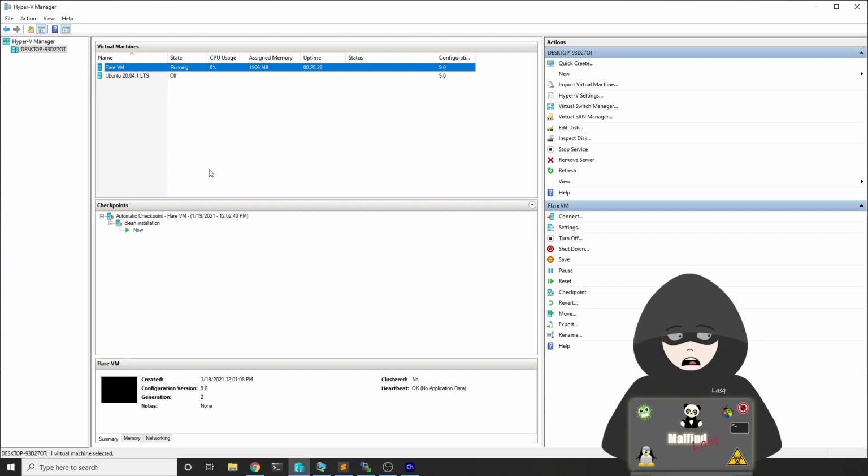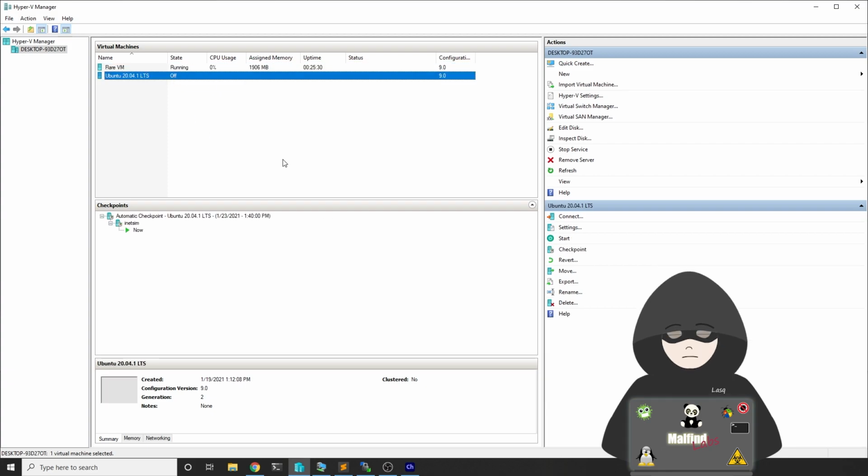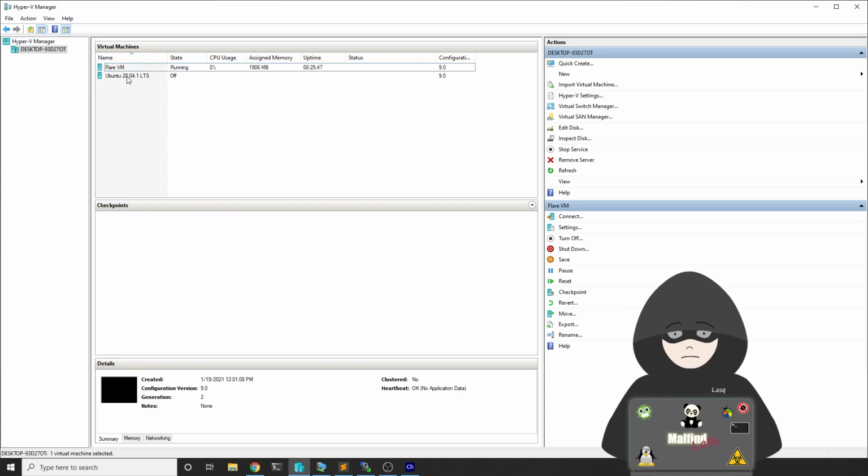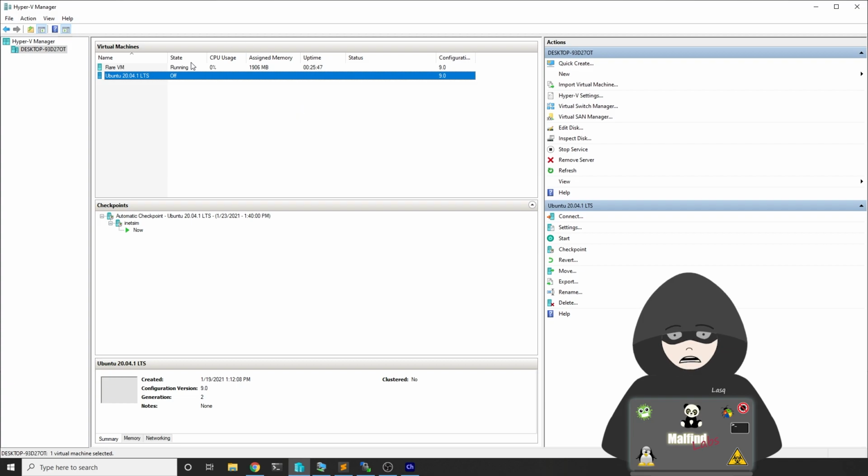And the second one is the man in the middle proxy machine. So in my case it's an Ubuntu 20 machine, and it will serve as a proxy for entire traffic from this first machine. So this machine won't be directly connected to the internet, it will go through this machine, so we can analyze and decrypt even the traffic